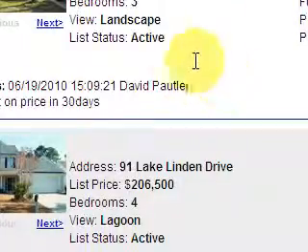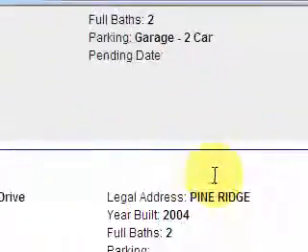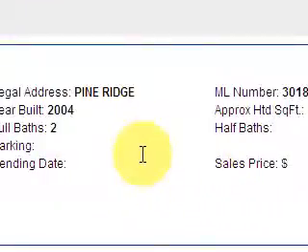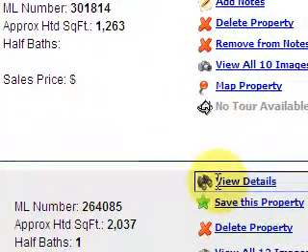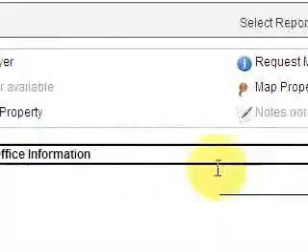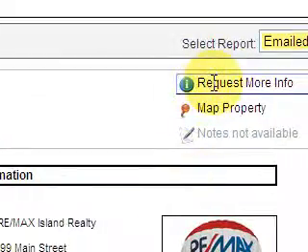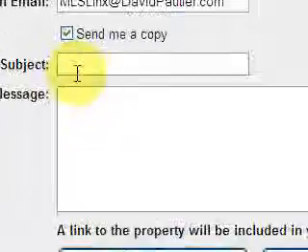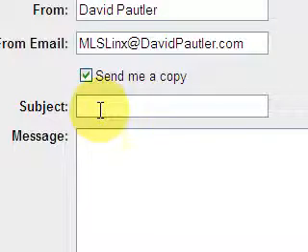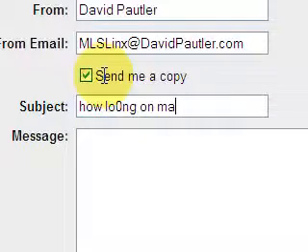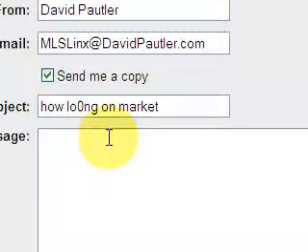Now, you sometimes may want to ask a question about this property. So one of the ways you can do that is to view the details and then request more information. This would then click and open up an email to me, and you would just put your subject matter of something like how long on market, and oops, don't type too well,